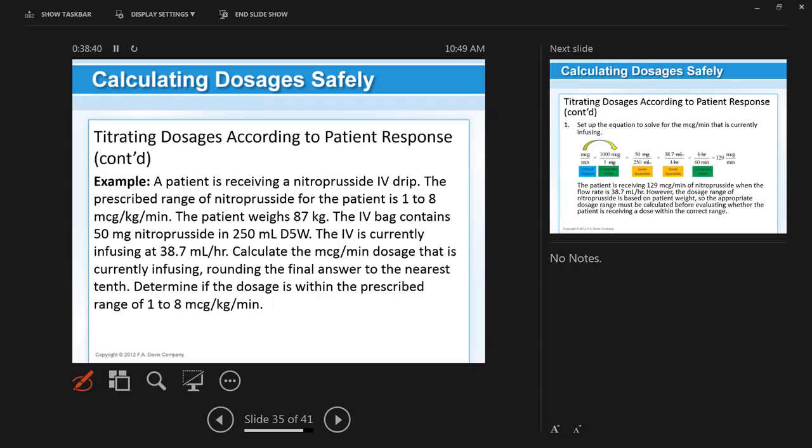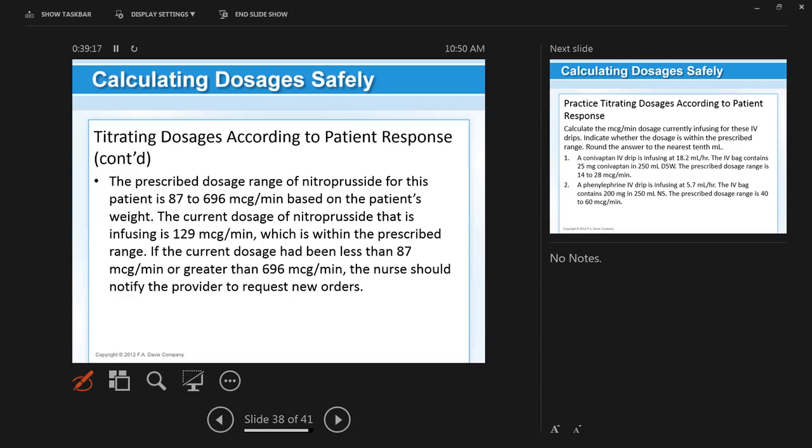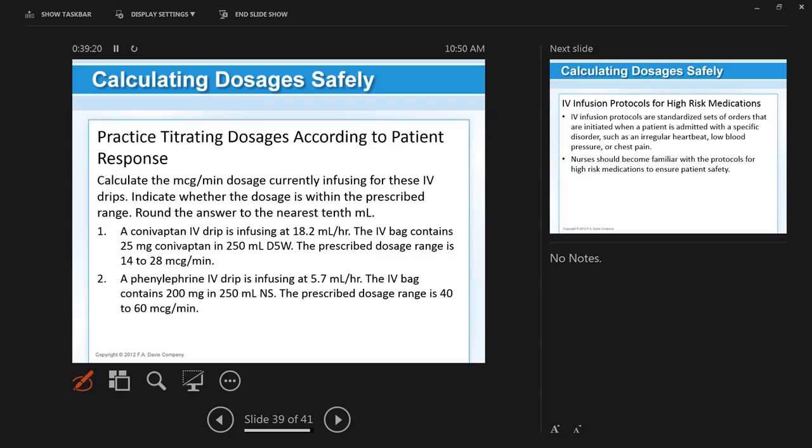Sometimes in the problems on your quiz this week, you're going to be given a doctor's range of a medication dosage. And then you're going to be told what the drip rate is. And the question's going to be asking you what that drip rate is within micrograms per minute. And so you're going to have to take a drip rate, and you're going to have to identify if it's within the range, in that therapeutic range, and you're going to have to calculate what it is. So I think it's important to take advantage of the practice worksheets. All right, and then we've got a couple more equations here that you guys can practice,